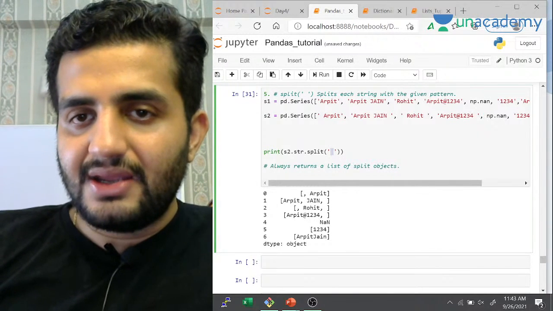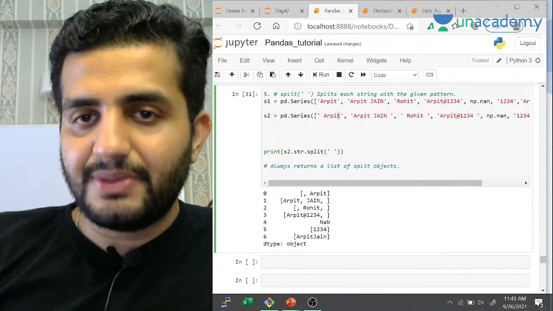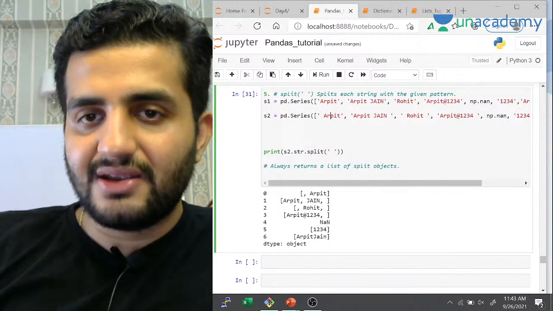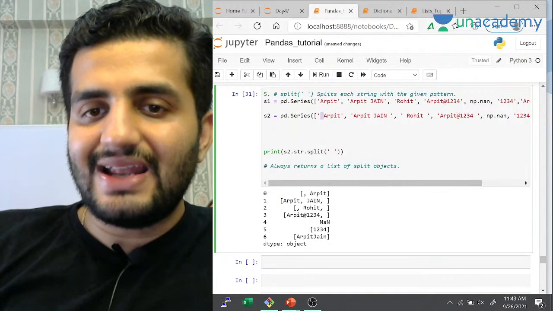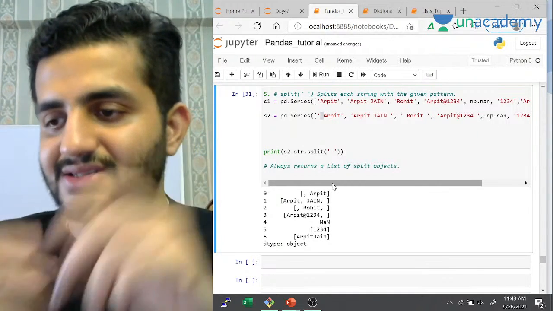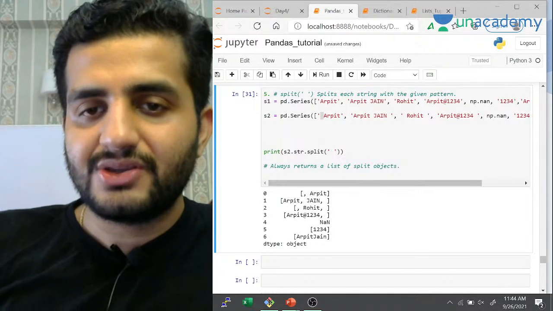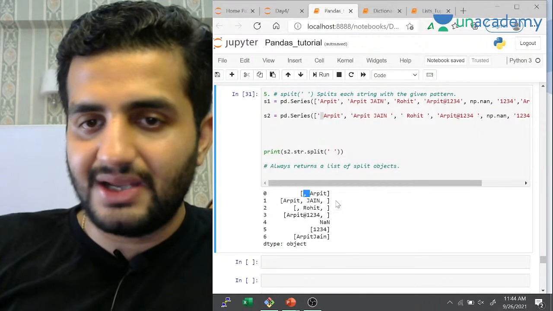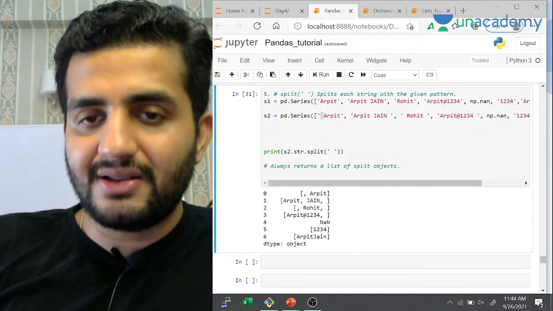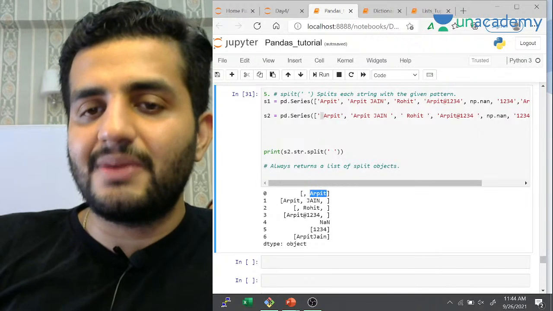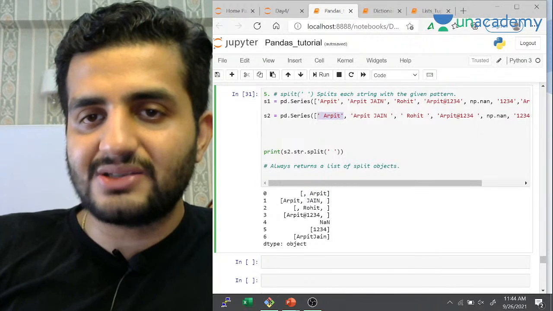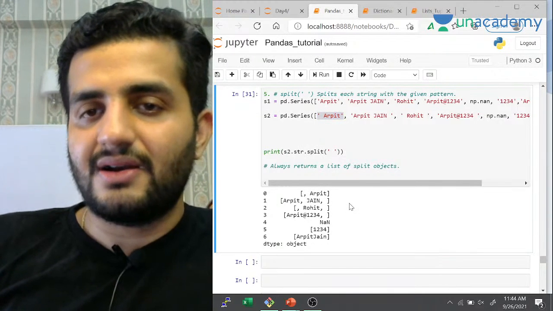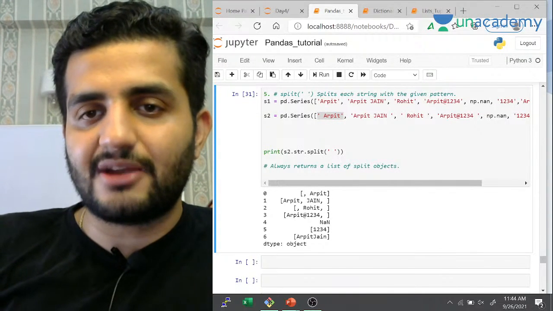So in this Arpit, can you notice I have a spacing here, I have a spacing here. So my first element is an empty string. There's nothing here, it's just a space, but there's nothing there, right? So it has written a comma. It has written two elements: an empty element in the list, and then another element, the second element, Arpit. So this simple string has now been converted into a list of two elements, where the first is an empty value and the second is Arpit.